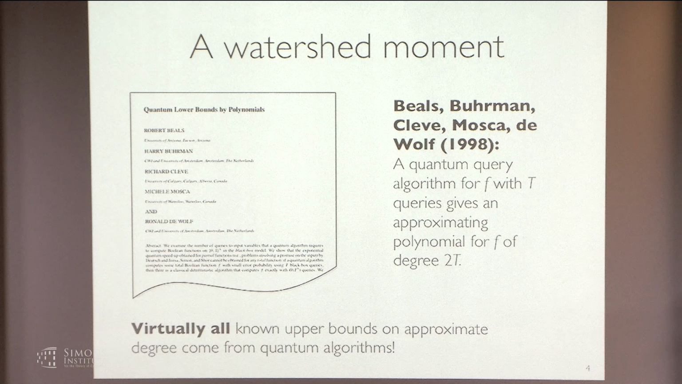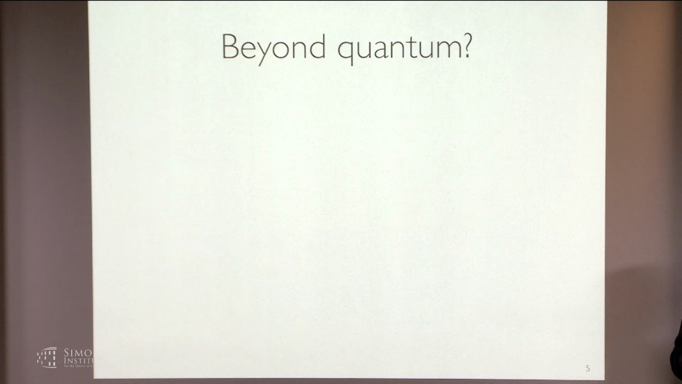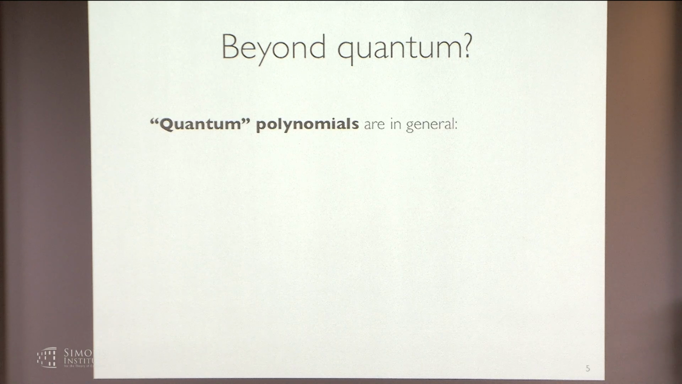So this is both good and bad. Certainly the community has benefited immensely from the quantum method, but there are problems to limiting our toolbox to the quantum techniques. So why is that problematic? First of all, quantum polynomials typically are not constructive. You can sometimes derive the approximating polynomial from the algorithm if you try hard enough, but in some cases, or